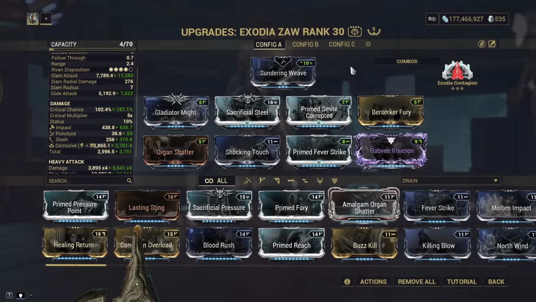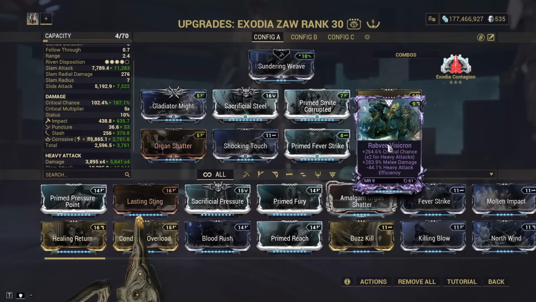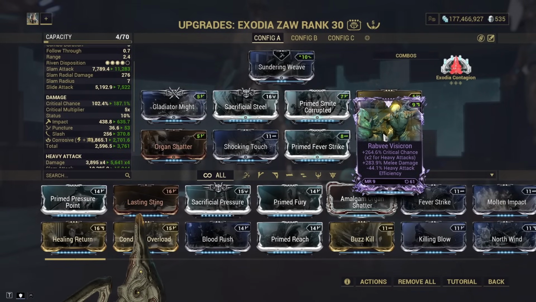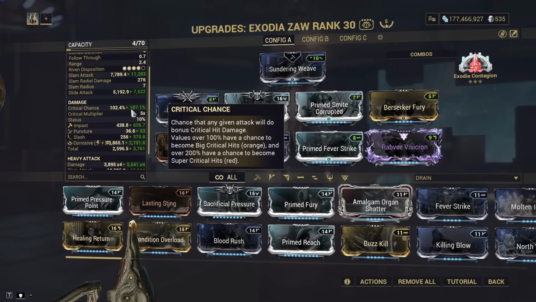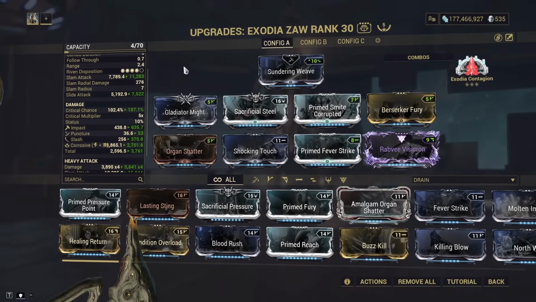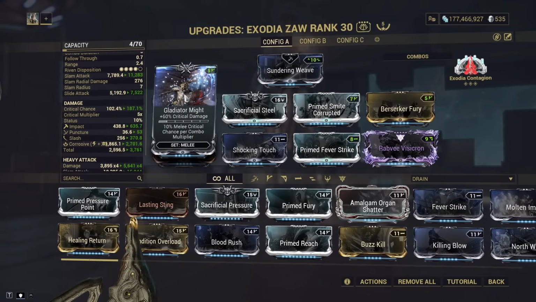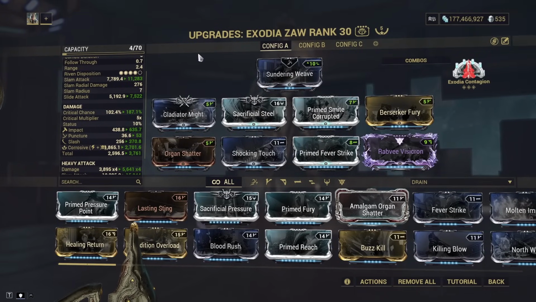Now you can see that I have actually subbed out Primed Pressure Point here for my Rabvi Riven. The reason being that my Rabvi Riven provides me with close to 300% melee damage anyway, and plus 264% crit chance, which basically almost guarantees me an orange crit on every single throw, which means that my weapon will benefit greatly from having an enhanced crit multiplier. Hence I have kept Gladiator Might on and taken off Prime Pressure Point. Hopefully this will be able to clear out the enemies much faster, so let's take a look at it in